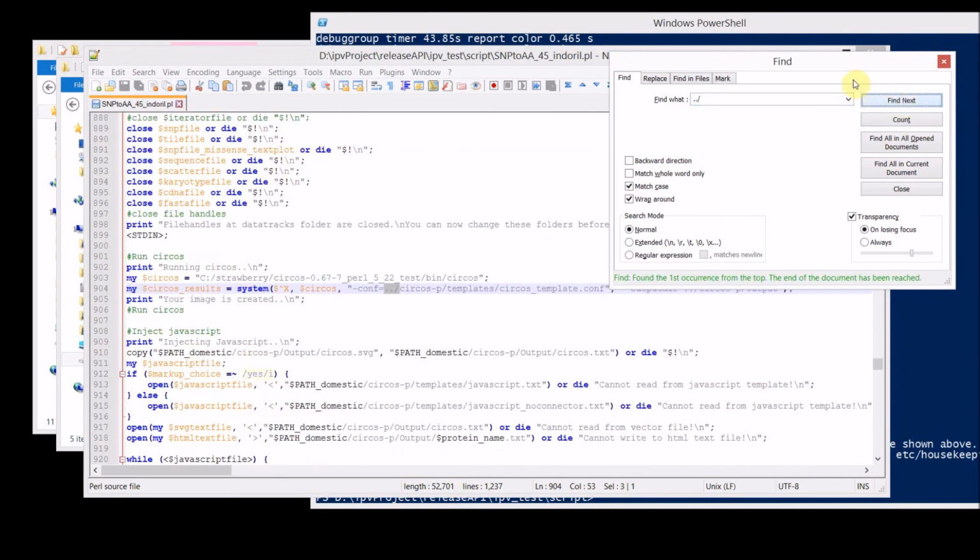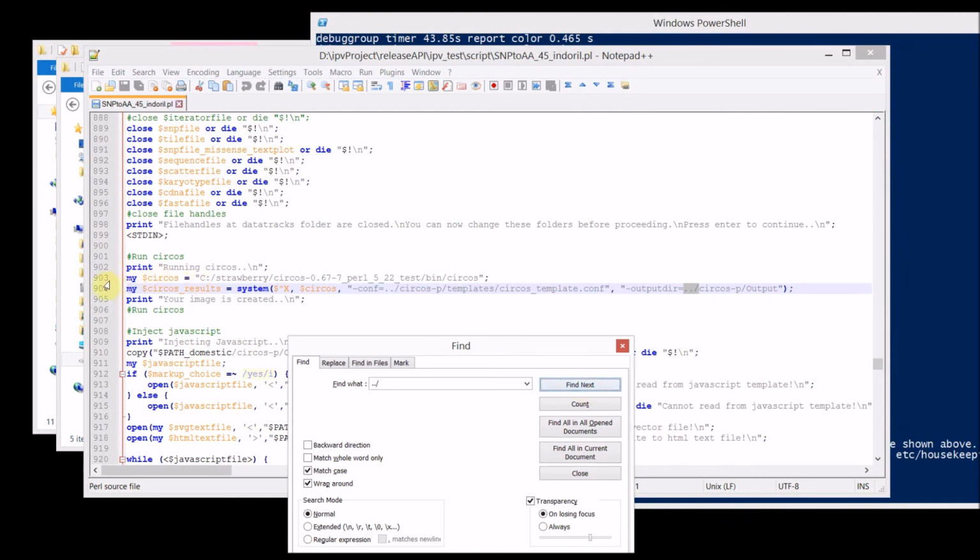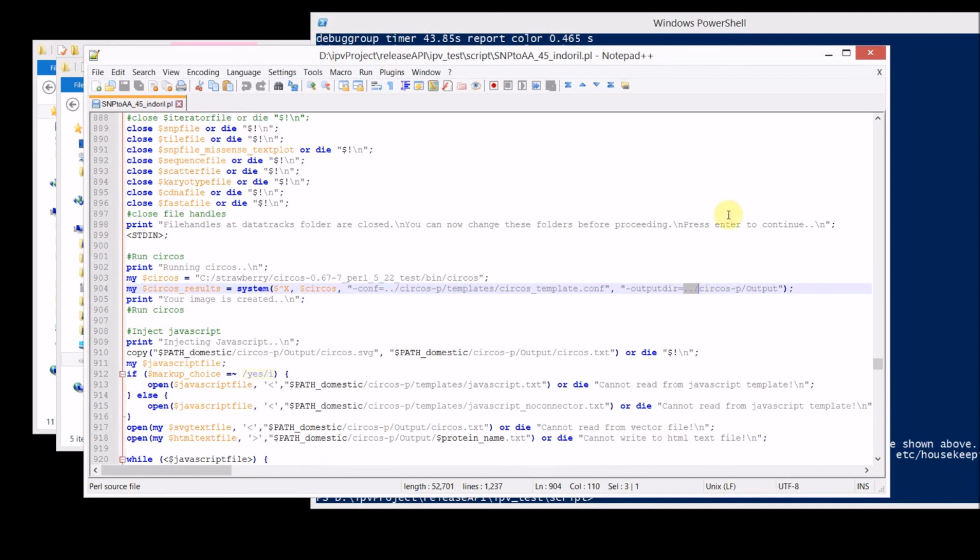This one is not important. It's over here and here, right under line 903, the line that you updated, the one that you normally need to change. Just below that line, there are these two directives for Circos. It kind of shows where the conf files are, and these relative paths are relative to the location of this script that you're running. If you're running this whole thing from a different folder, it might be that these 2 dots are referring to something else. So what I thought is, what you can do in that case is try changing this file